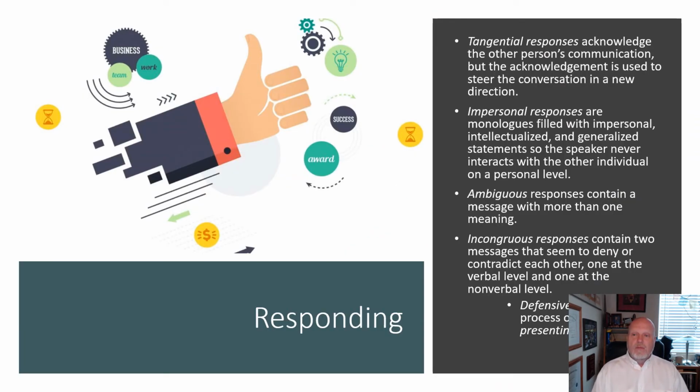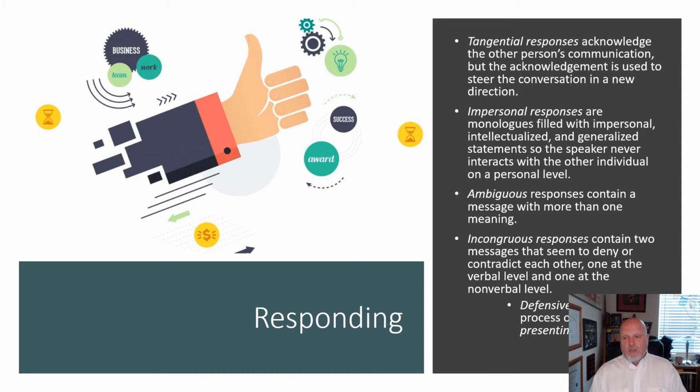When you go on a tangent, that's what this first one is, where instead of really communicating, you just go off on a tangent. It's just been a bad day, so you're going to complain about the day, and then you're just going into a tangent, and the person's not communicating. Impersonal responses are monologues. This is one of the things we really need to focus on when we're talking to people. Too often we get caught monologuing at each other. And when we start to monologue, we're not hearing, we're not taking other perspectives. We're just basically spitting out something. They're not listening, it's impervious, and it just really gets tied up.